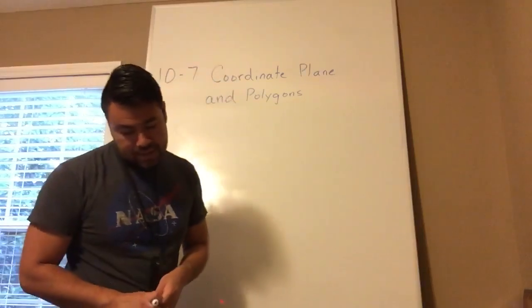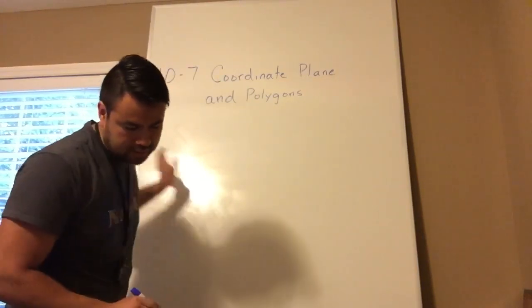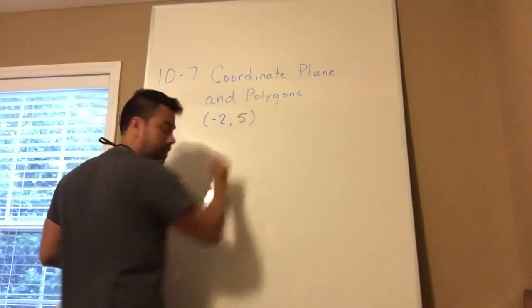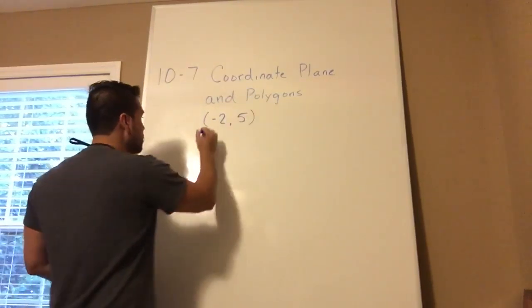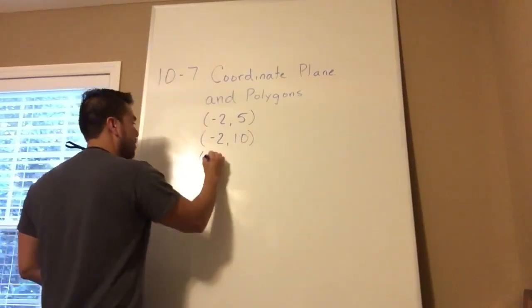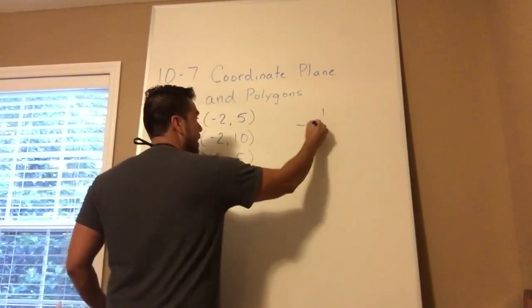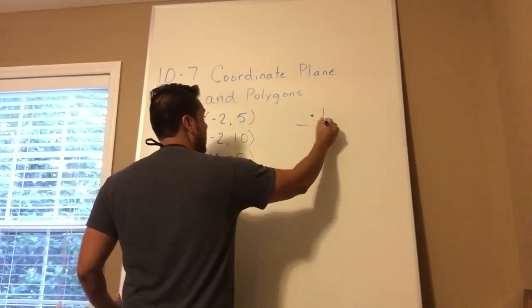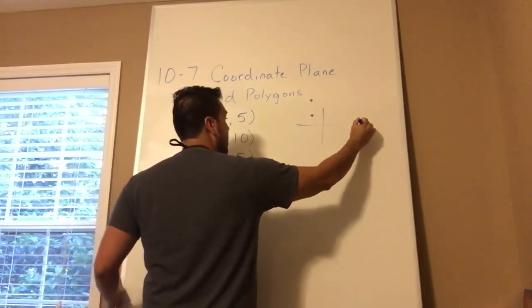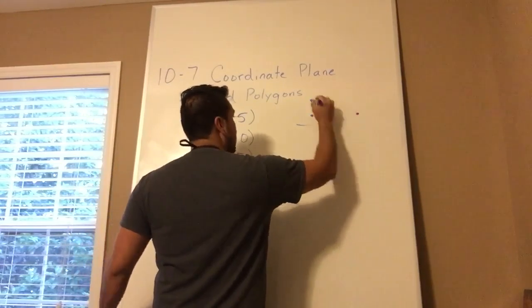Okay, they're going to give us -2, 5, -2, 10, and 10, 5. Okay, and if I'm just sketching out a little diagram, -2, 5, -2, 10, and 10, 5. Okay, so that's why